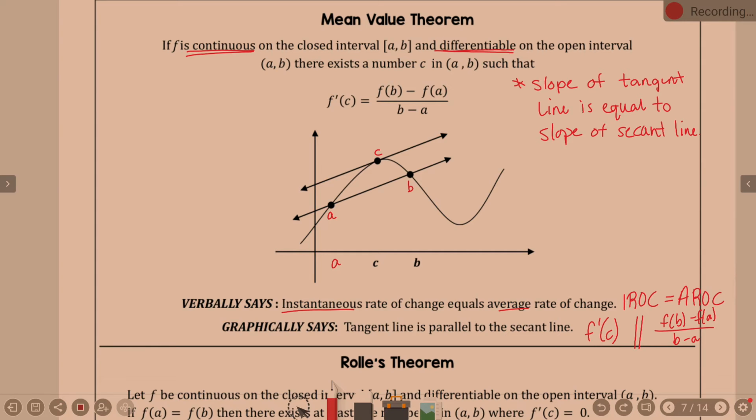In some of our examples, they'll give us a function and an interval, and we have to decide if the mean value theorem would apply. Yes? Can we go over the requirements for continuity and differentiability? Okay. Continuity,